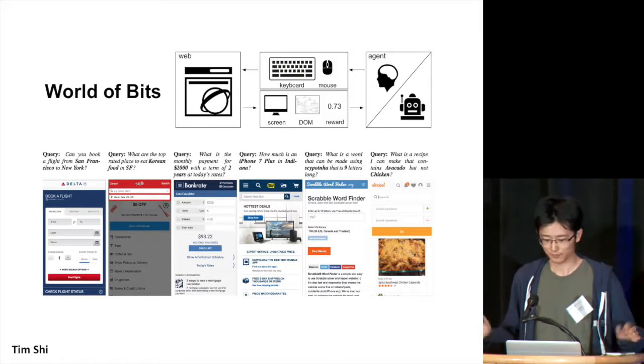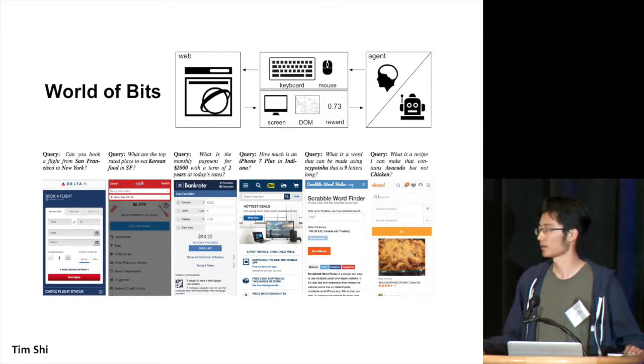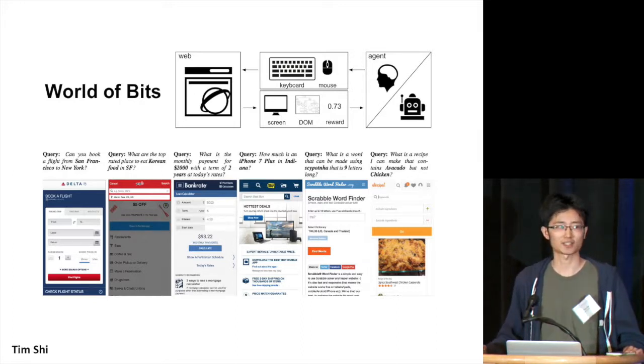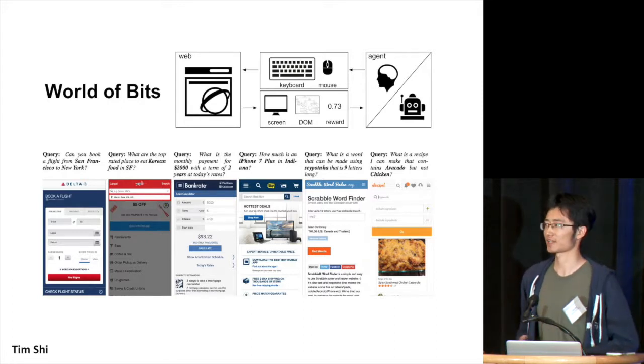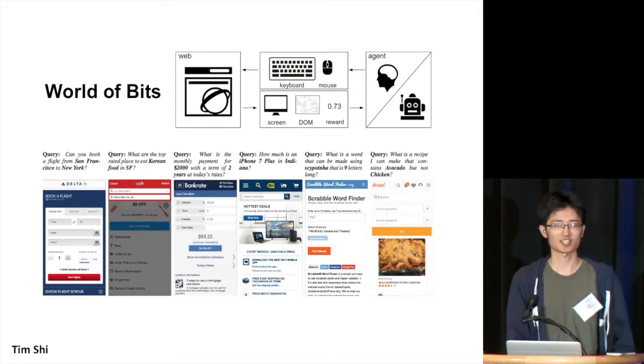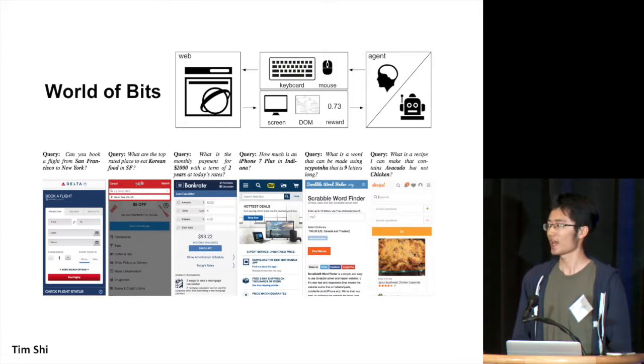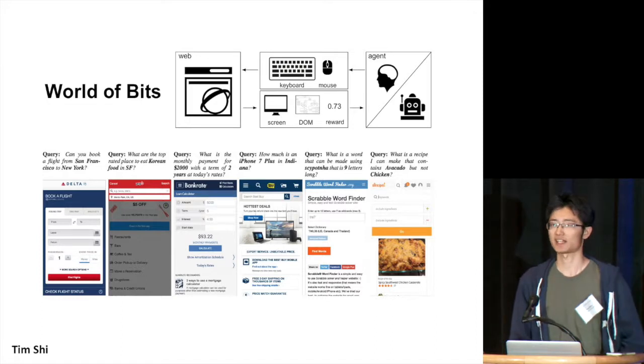So this is a work between Stanford NLP and OpenAI. There's a saying that the most likely place for general AI to emerge is the internet because of the massive volume of data available. So the goal of our project is to build an AI that could interact with web pages just like humans do, and once we're successful, also prevent it from taking over the internet.